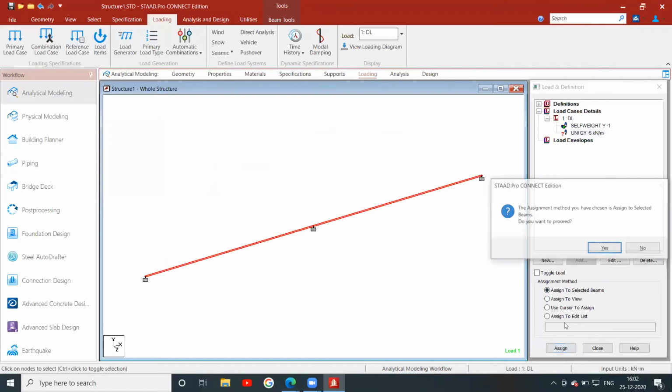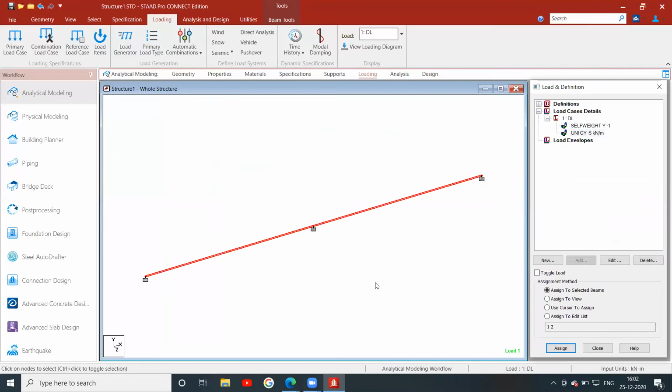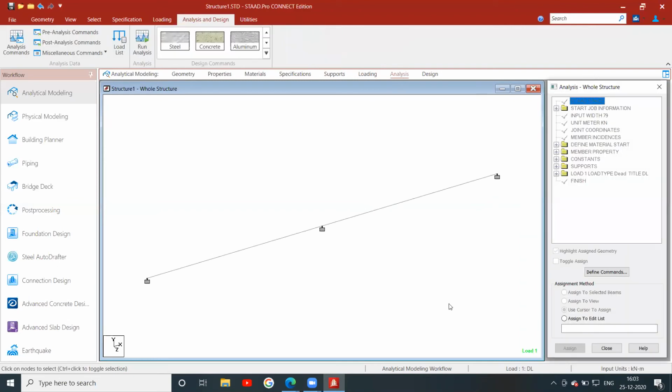Now loading is assigned. After the loading, what you have to do is analysis.